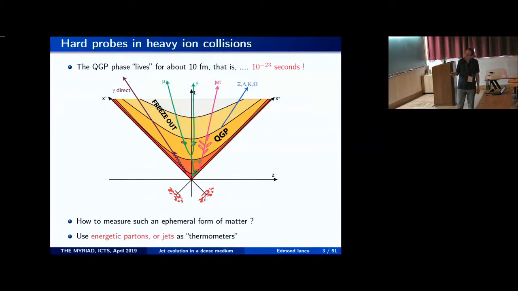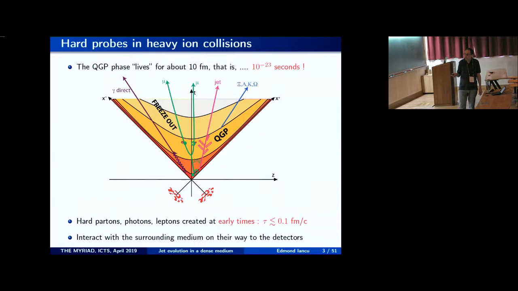So this Quark-Gluon plasma phase lives very shortly, like 10 to minus 23 seconds, which is 10 Fermi. It's a part of the collision, but we don't see it directly. And we would like to understand how to probe its properties, how to study the plasma from the final state in the detector, which involves only hadrons. And one of the ideas in that sense is to use hard probes, energetic partons, heavy quarks, jets as thermometers. It looks like a good idea because such hard probes are created very early in the collision, at times about 100 times shorter than the formation time for the plasma, so like 10 to minus 1, 10 to minus 2